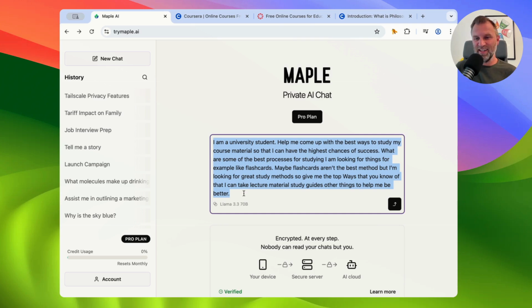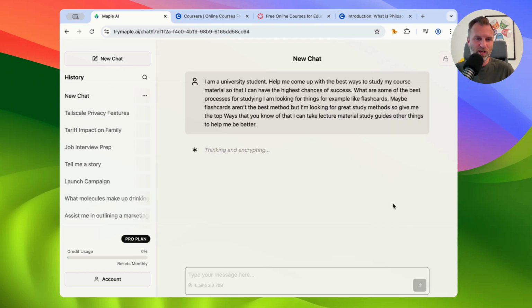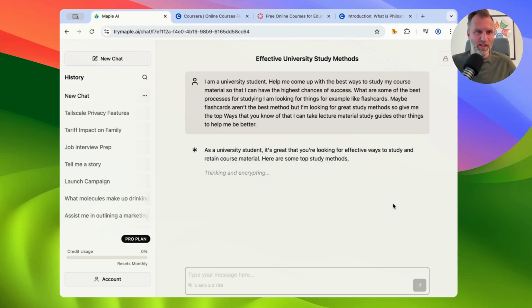Now, I actually dictated this. I hit the microphone and just let it go. So that's why there's weird capitalization and stuff like that. I highly recommend dictation. It's awesome. So I'm just going to hit go. And this is going to give me